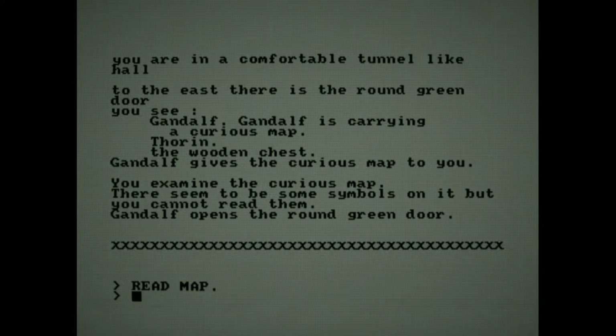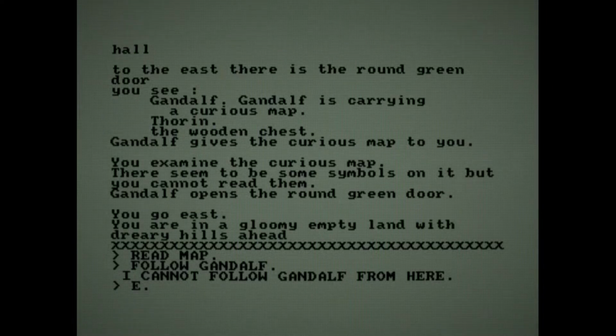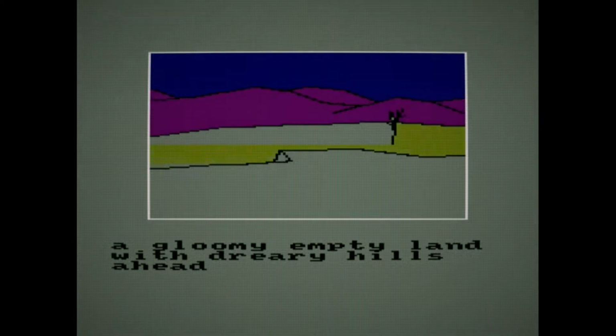The puzzles are quite mundane and unsatisfactory, and if you have read the book, it is like reading a walkthrough, although this is not necessarily a bad thing. And I should mention here that back in the day, the game included a copy of The Hobbit, which is